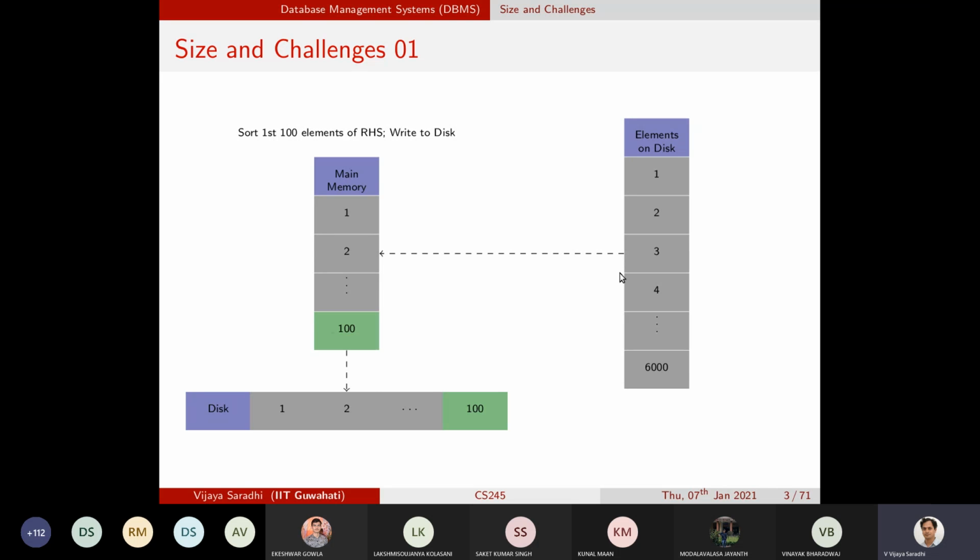we cannot definitely load all these 6,000 records and invoke an in-memory sorting algorithm. Once all 6,000 elements are loaded, you know how to sort them using in-memory sorting algorithms. By in-memory sorting algorithms, I mean that as you have all 6,000 elements in main memory, you can apply any sorting algorithm. Because we do not have the flexibility of loading all the 6,000 records,